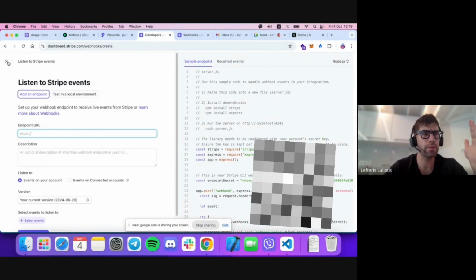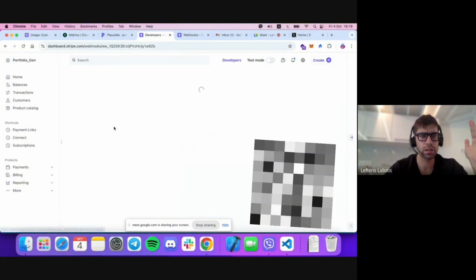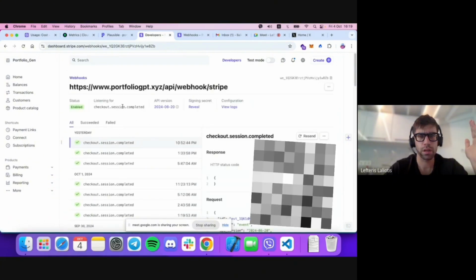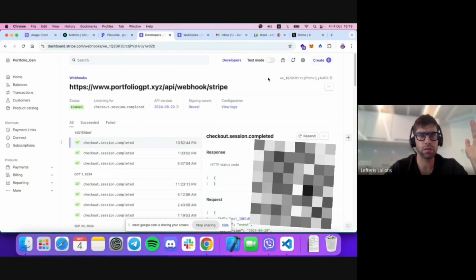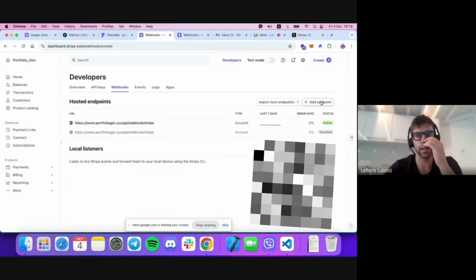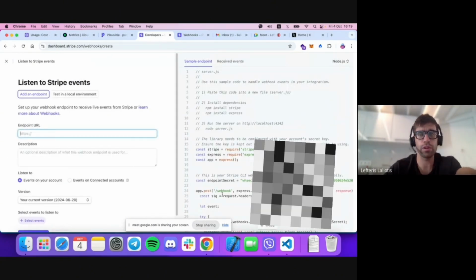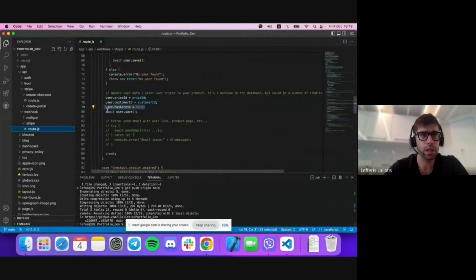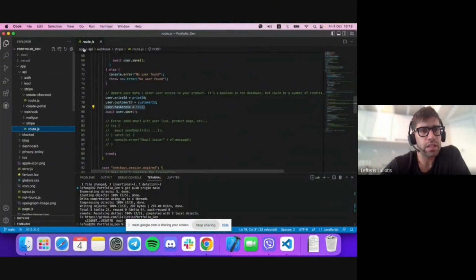What you input here essentially is what you want to do when a customer, for example, does a checkout. The endpoint URL is coming from the code again.